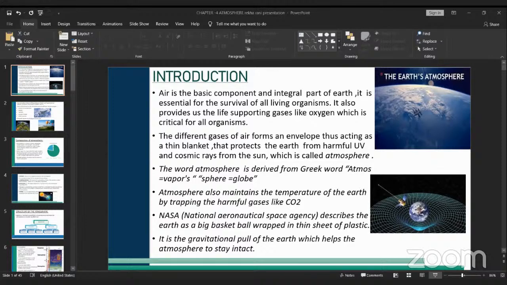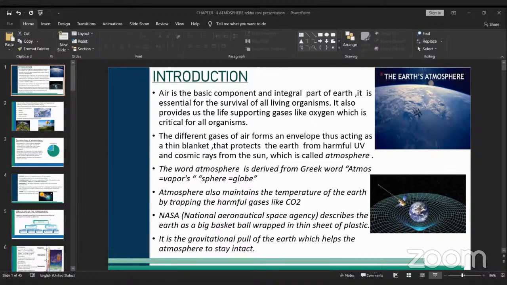Also, we are able to grow crops and food crops, and whatever we have now is because of the atmosphere. Now the composition, which we already discussed: oxygen, nitrogen, xenon, krypton, helium, carbon dioxide. These each form just a small part of the atmosphere, apart from oxygen at 21% and nitrogen at 78%. And we have water vapor at 0.4%, but it plays an important role in forming clouds, from which we get rainfall. The dust particles are also helpful.